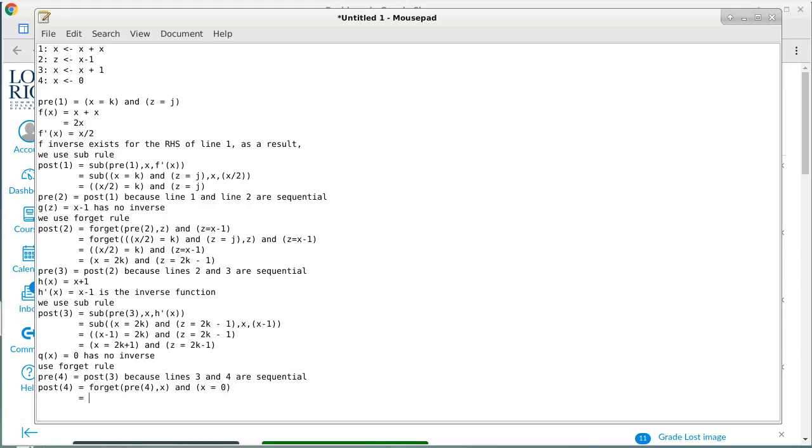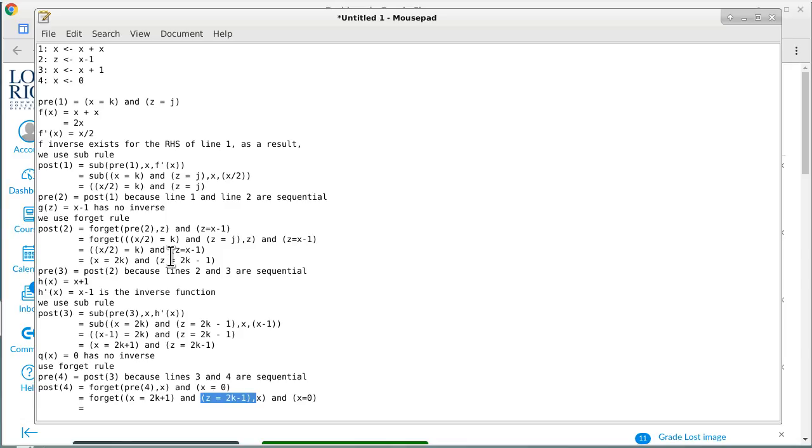And then we just expand what we know about pre-4, which is post-3. So we now copy this entire thing over here, and I mention x because that's the variable that we need to forget about. And after we perform the forget operation, we can see that we only lose one term instead of two, because we just lose this one term here, but the other term does not mention x anymore because we performed